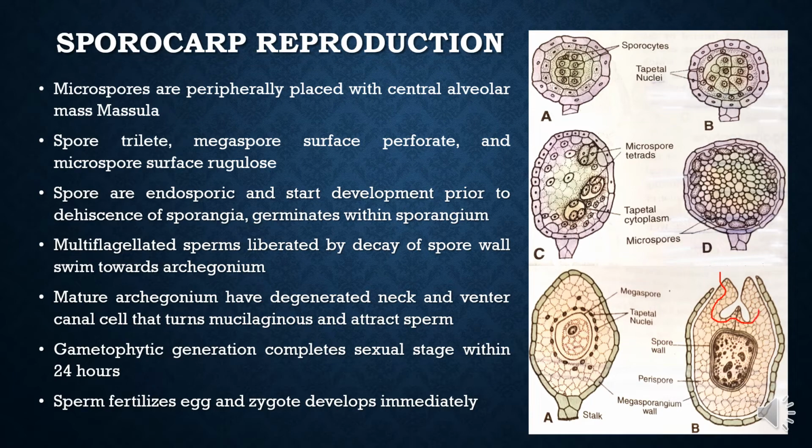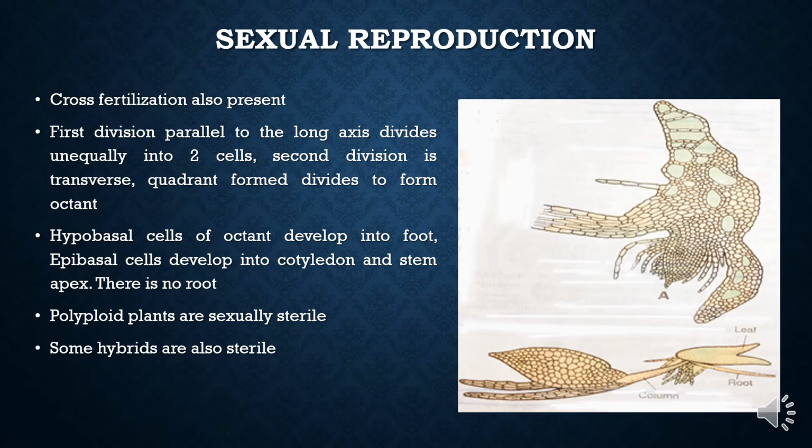And this entire structure in the apical region reminds us of the pollen collection region in the gymnosperm. This is entirely formed of the perispore. So this microspore tetrad and this megaspore, the microspore and the megaspore, are the sporophytic generation, and they ultimately give rise to the antheridia, archegonia, and the zygote, which is ultimately the first cell of the sporophytic generation.